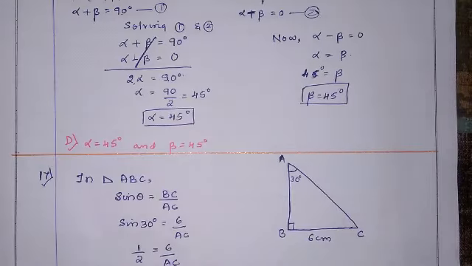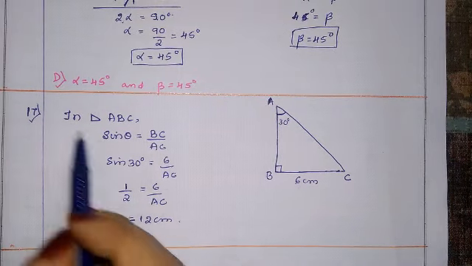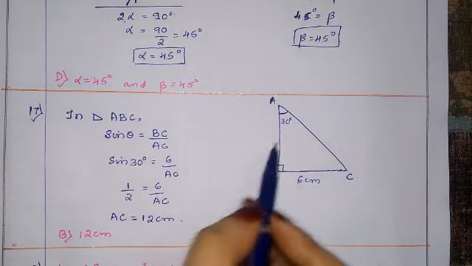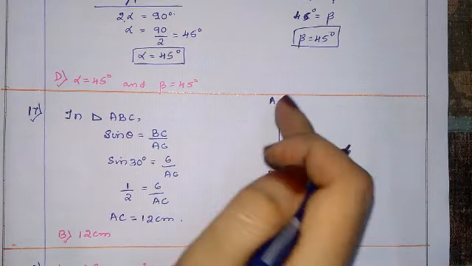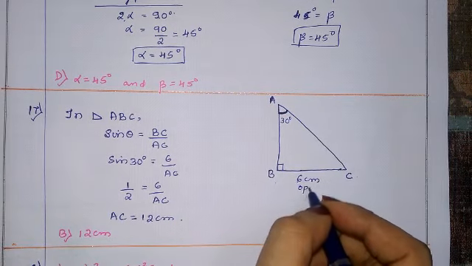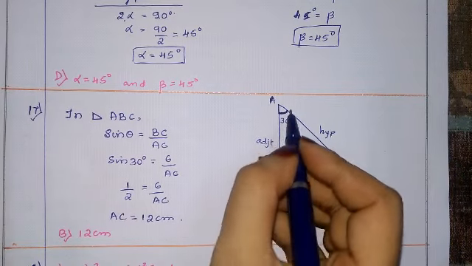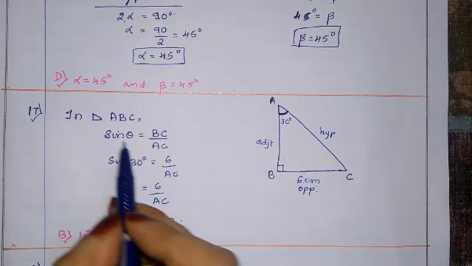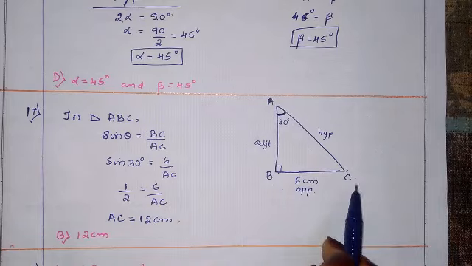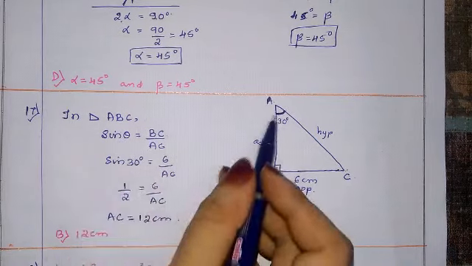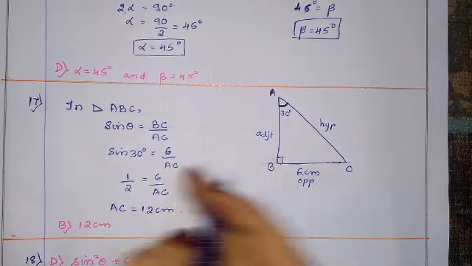It's very easy. Here angle A is 30 degrees, they have given BC 6 centimeter. In triangle ABC, sin theta, with theta being this angle, this becomes the opposite side, this becomes the hypotenuse, and this is adjacent, because the side opposite the angle is the opposite. Now sin theta we know is opposite upon hypotenuse, BC upon AC. In the theta place put 30 degrees: sin 30 is equal to BC 6, AC as it is.